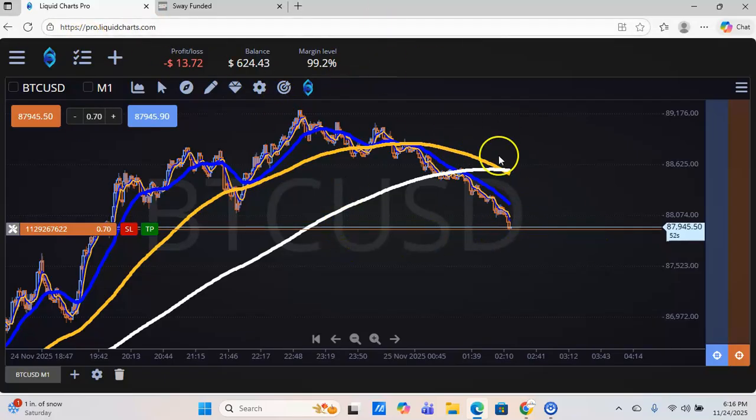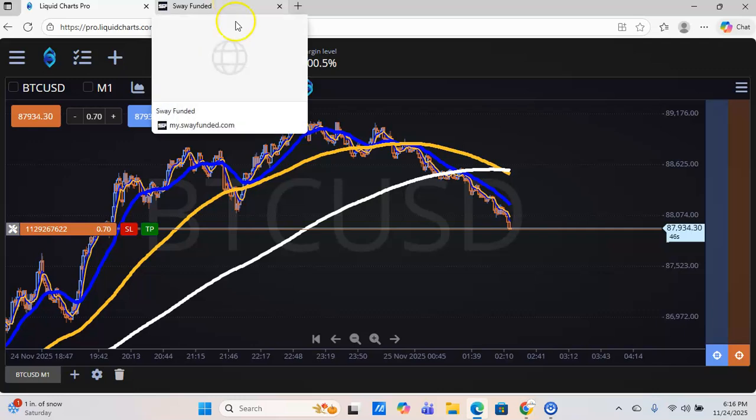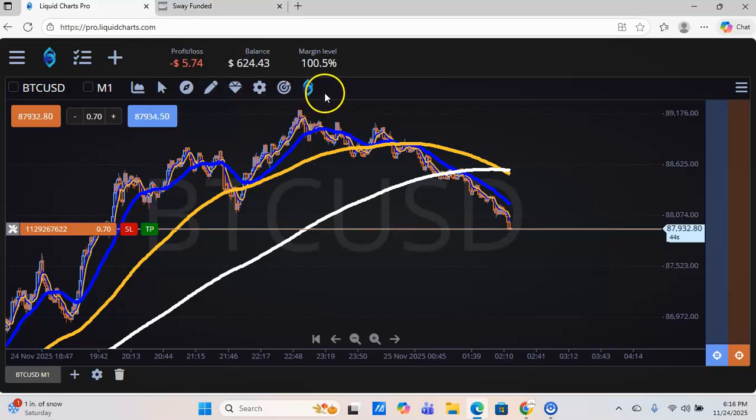But enough of that. I should have gotten in this trade from here to here. But as you see how it's going down, eventually it's gonna go into green. And I didn't do any measuring. You see what I'm saying? I didn't do any support and resistance. I didn't do any trend lines. I'm just following the moving averages, right?